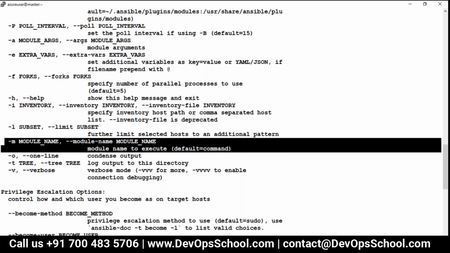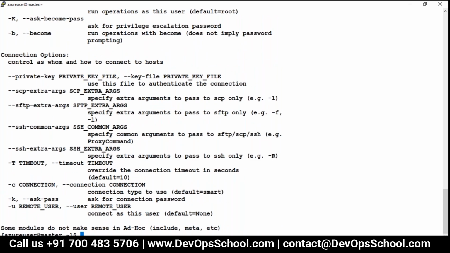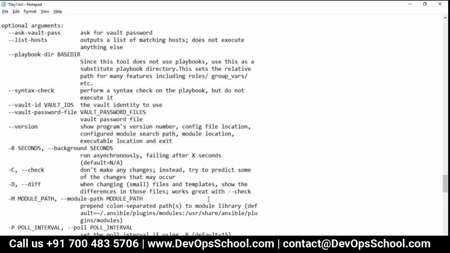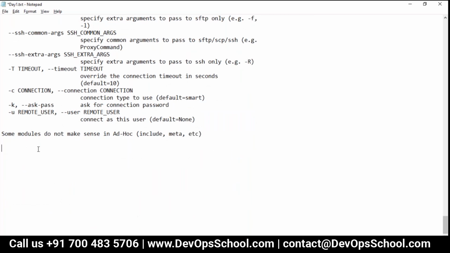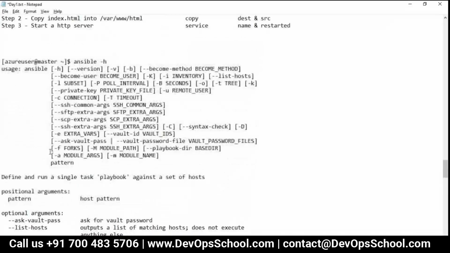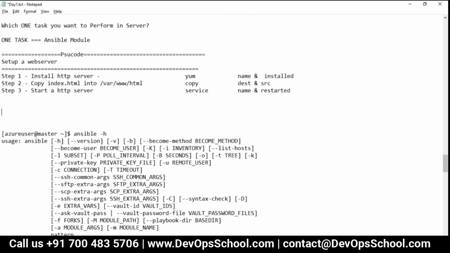So what I'm going to do is create a command here. The command which I'm creating right now is like this. Hey, what do you want? I want to install HTTP server. So start with Ansible ad hoc commands. And which module do you want? Yum.